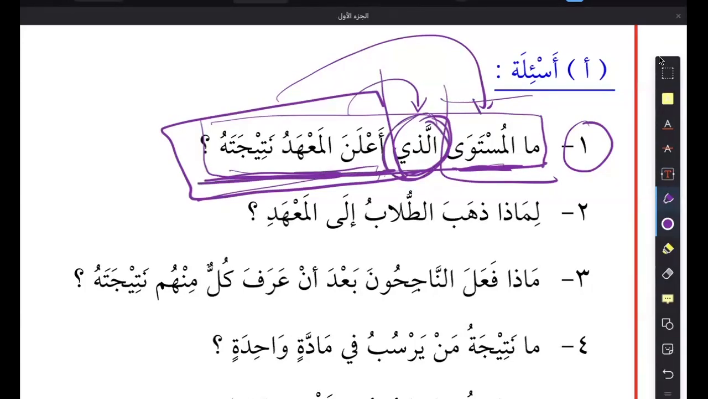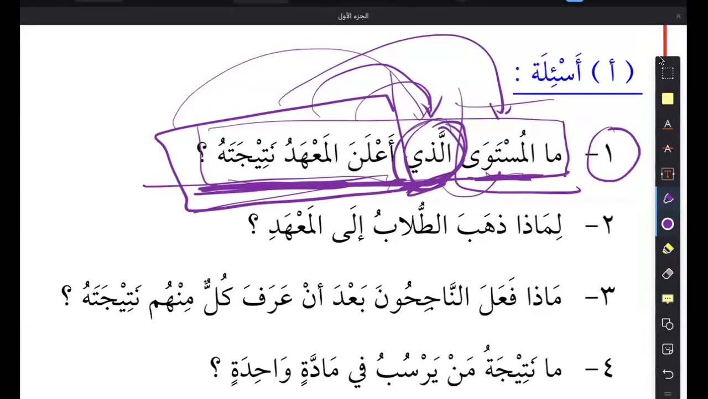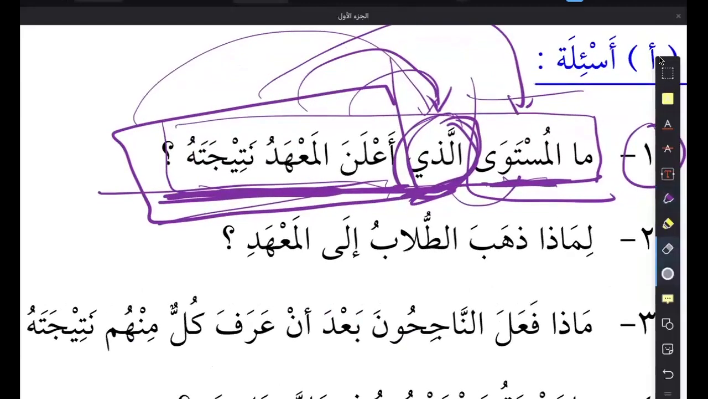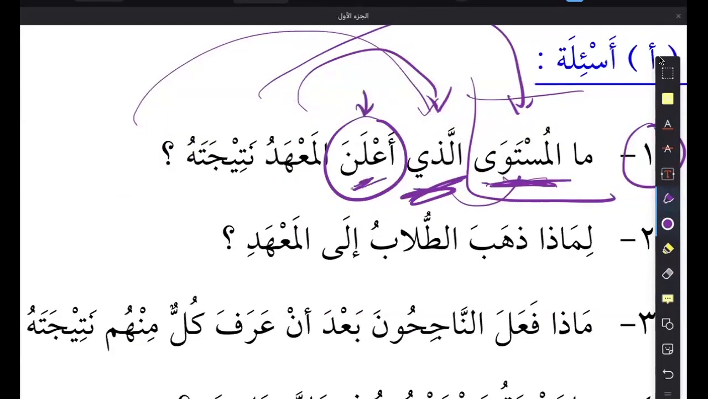So this sentence, a'lana al-mahadu natijatahu, there has to be something that connects to the alladhi. My question is what? Usually it is a pronoun. We have two pronouns here. So, okay, let's see what are the pronouns we have. We have a'lana. What is the fa'il for a'lana? Is it hidden or is it zahir? Be careful. Be careful. This hamza, Allah musta'an. This hamza